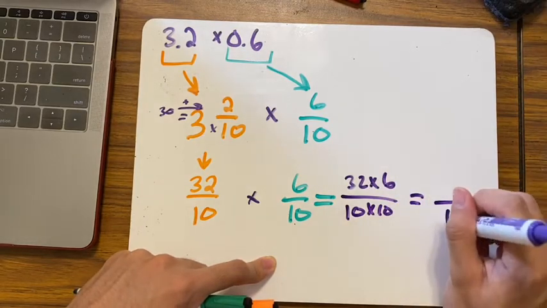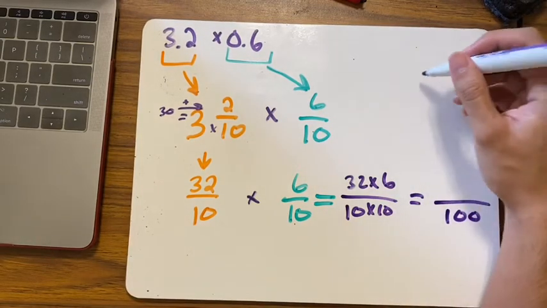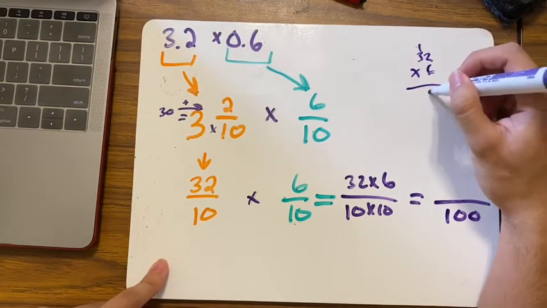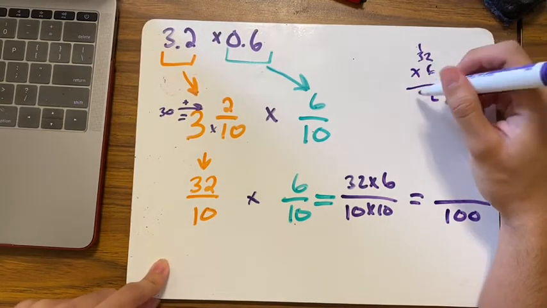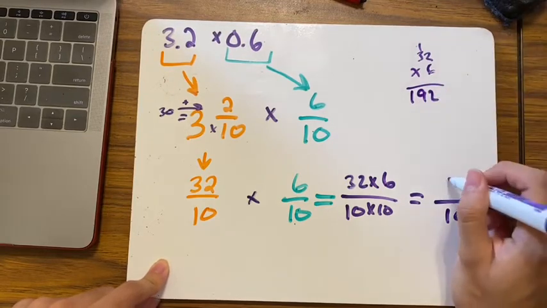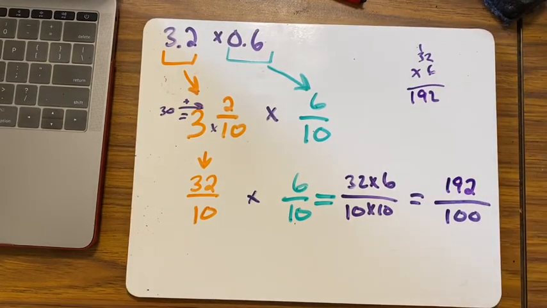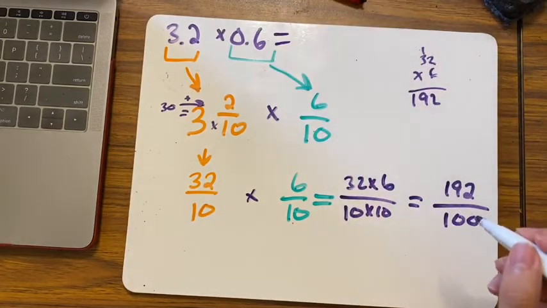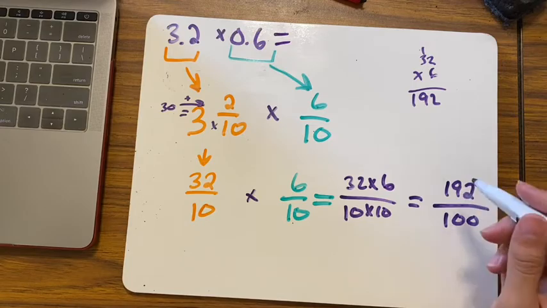Well, 10 times 10, I know that's 100. 32 times 6, I'd do it up here. 6 times 3, 18, plus 1, 19. And here I have 192 over 100, okay? Now, what's that going to be as a decimal form? Well, if I have 192 hundredths,